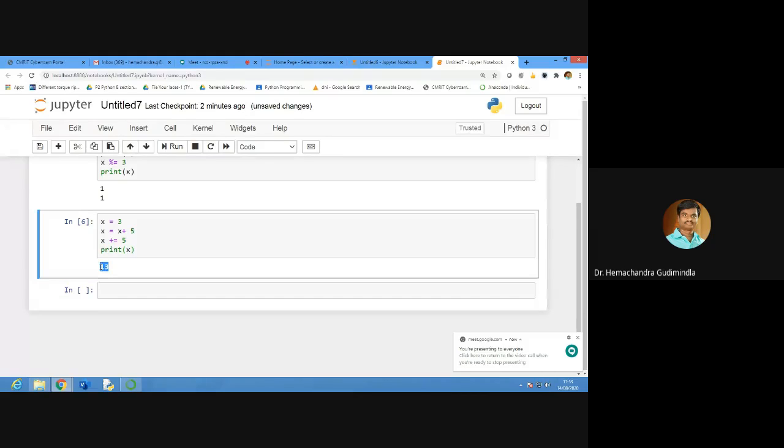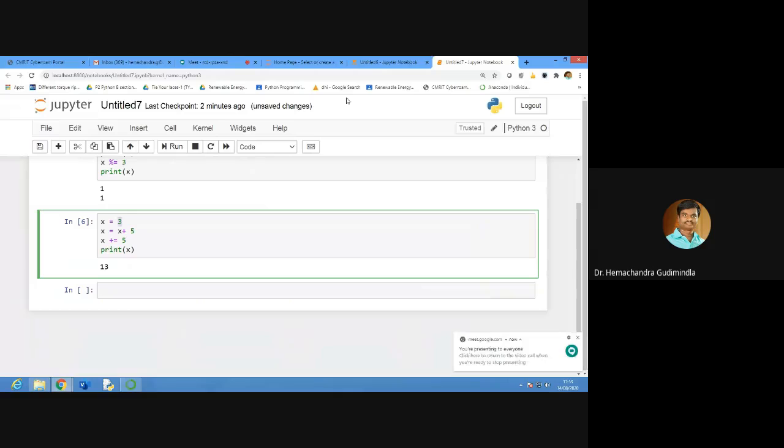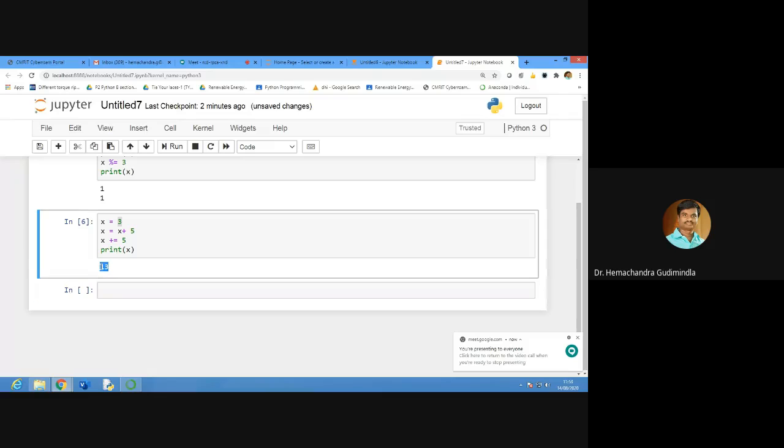It is 13, correct. But why? First we are adding 5, then plus 5 again. Now x equal to 3, then first we are adding, again we are adding that. Both are same, I told, right? So 5 plus 5, 10. 10 plus 3, 13. So that is the answer we are getting here.